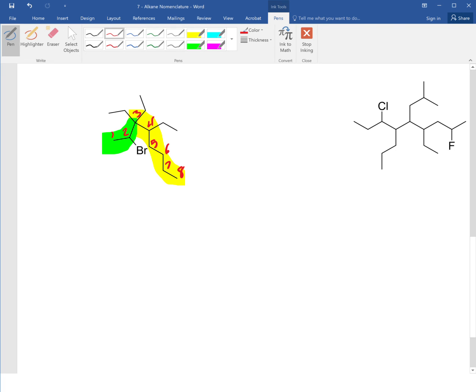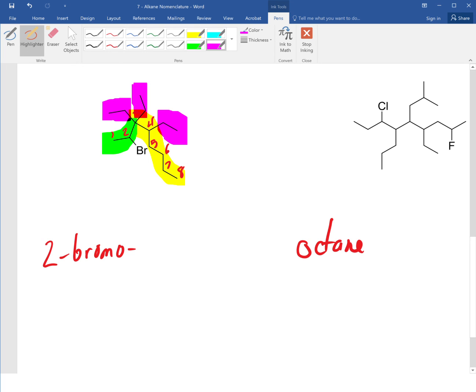So we have an 8 carbon chain. So this is octane. We have a bromine on the second carbon. And then we have ethyl groups, 2 of them on carbon 3 and 1 on carbon 4. So that's 3, 3, 4